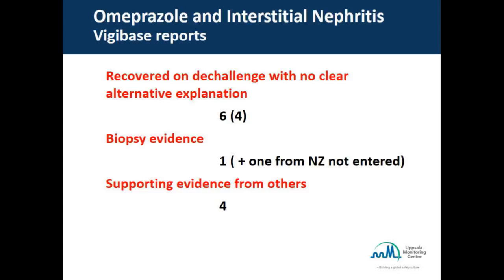We had biopsy evidence in 1, and for some reason one of our New Zealand reports wasn't entered, so there's actually another one with biopsy evidence. And there was supporting evidence from others, so that we start to see a picture. There isn't a strong amount of data on why the diagnosis was made, but we are starting to see a picture. So if you look at the summary of that evidence and compare it with the Bradford Hill criteria,